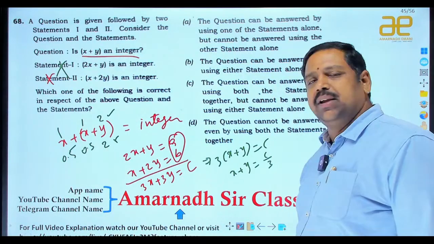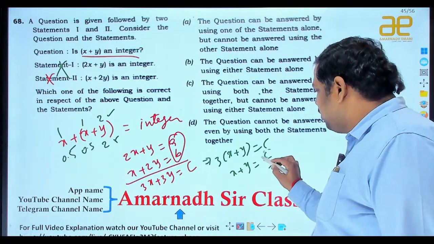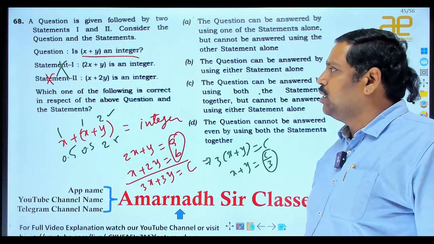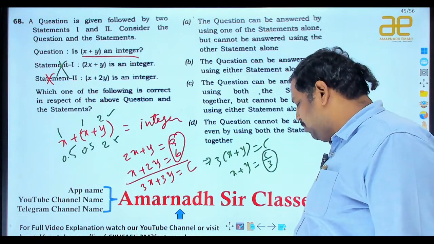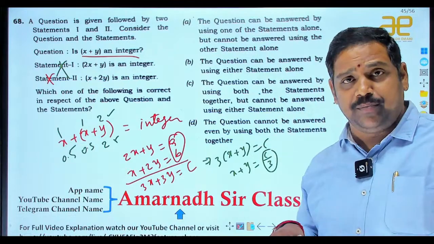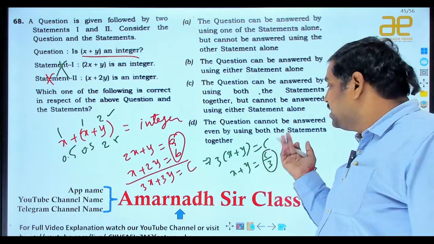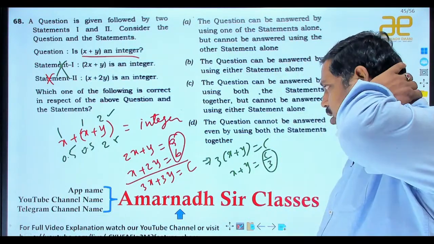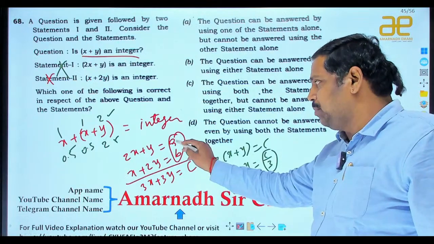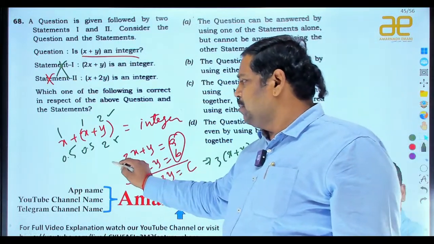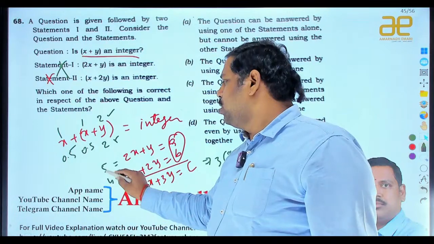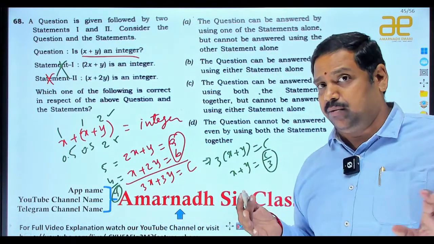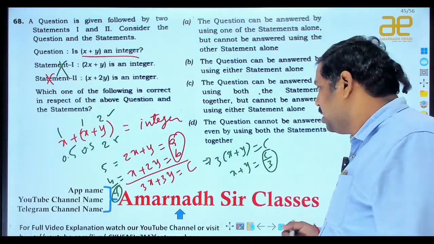Now the problem is, sir, c by 3, he is asking about x plus y only. Is it an integer or not? Sir, c by 3 is an integer or not? I am unable to decide, because if c is a multiple of 3, yes it is. If c is not a multiple of 3, I can't. Suppose whether c is a multiple of 3 or not, I am saying what is c? A plus b, right? That means that if it is 5, suppose if it is 4, 5 plus 4 is 9. So c is 9, a multiple of 3. So x plus y is, sorry, integer. But the problem is,